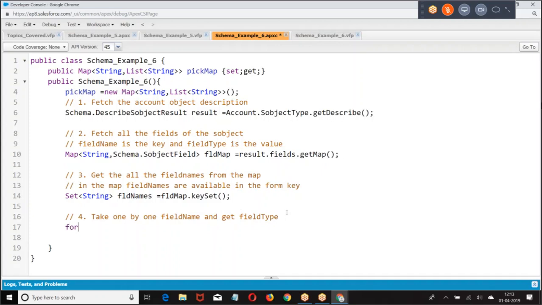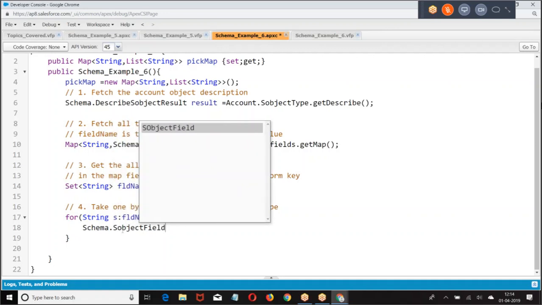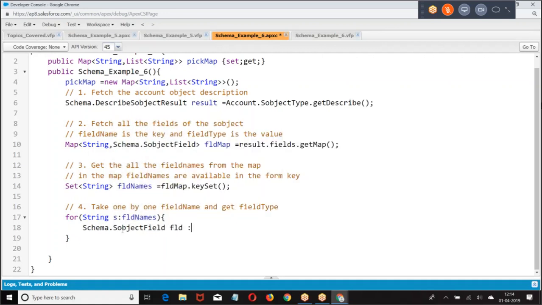Then what we are doing for each string field name. Now how do you get the type? Schema dot S object field equal to field map dot get of field name.